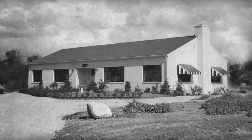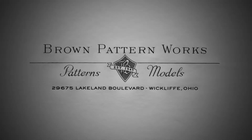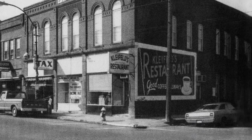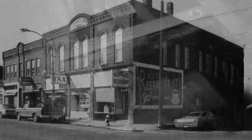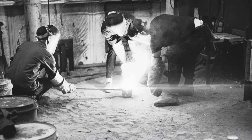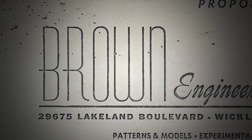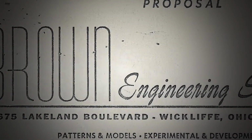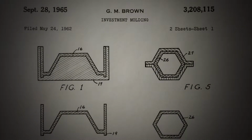In 1945, Bescast began as Brown Pattern Works by George Brown in Willoughby, Ohio. First making wood and metal pattern tooling for sand foundries, George soon began creating his own aluminum castings. Doing business as Brown Engineering Service Company in the early 1950s, he entered the world of precision casting with an